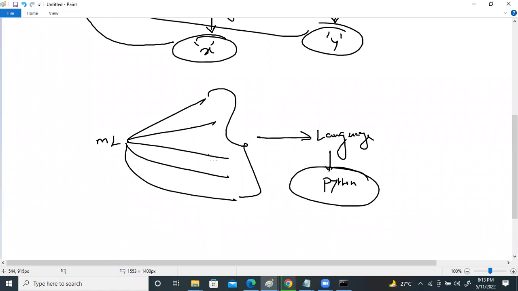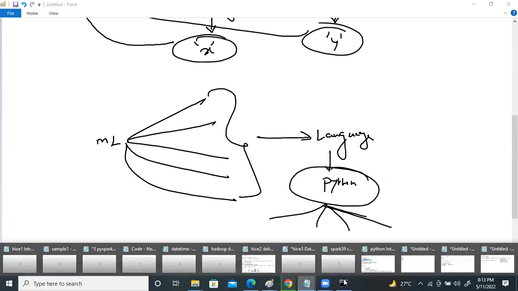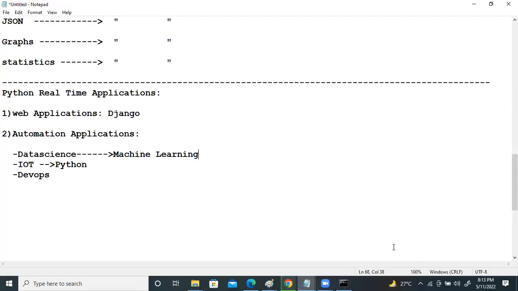Python is providing many modules for the machine learning or data science environment, like NumPy, SciPy, Pandas, scikit-learn. In this way, Python provides many modules for the data science environment. So the first one is data science, and in IoT, or even within the DevOps environment, today we are writing many scripts in Python. So not only these things, Python serves as the remedy to problems in the IT industry.